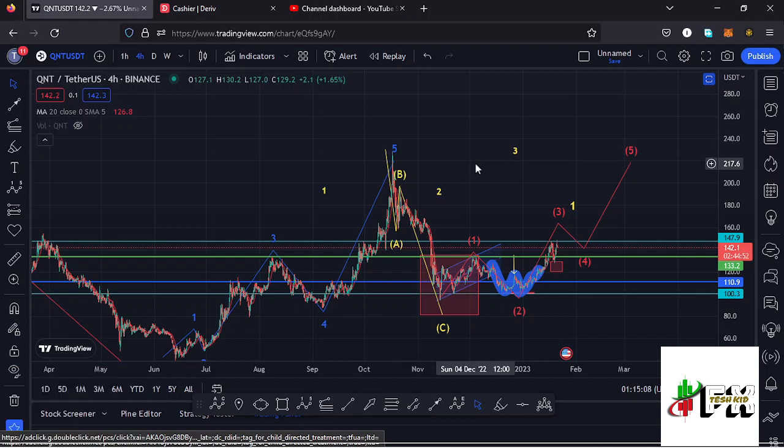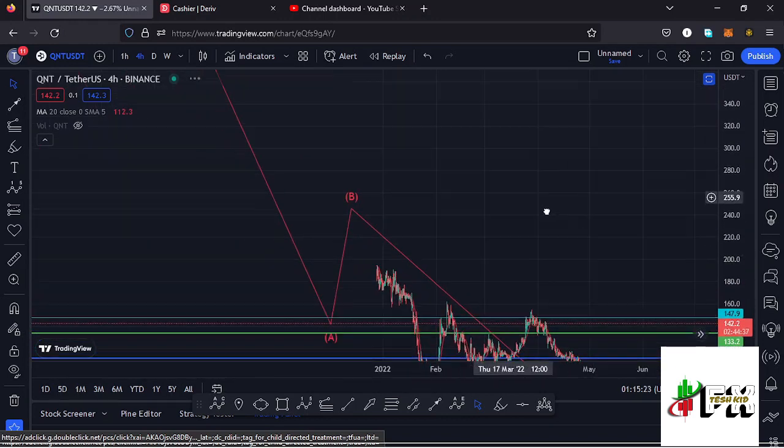And at the time of this recording, Quant has continued to hold above a key area of support at around the $133.2 mark, and it's still holding above the 20-day MA. And before I get into that part of the technical analysis, allow me to start the video here on the